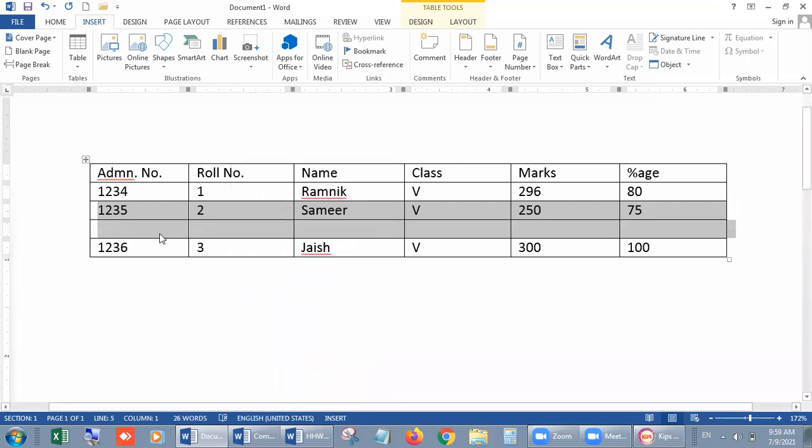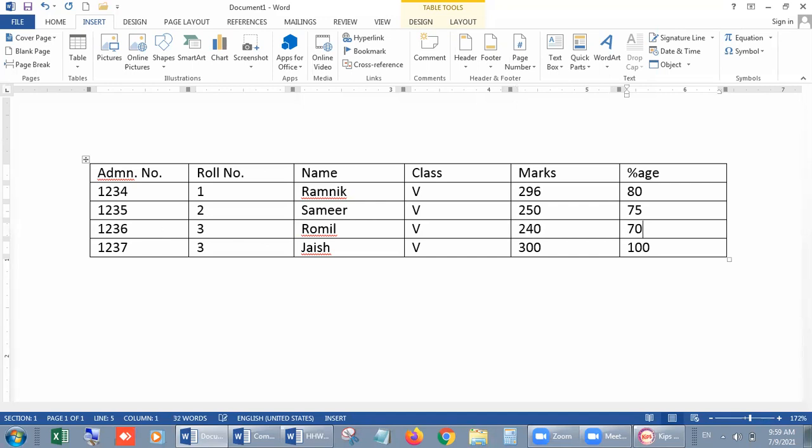Look, students, now we have another line just under it, and we realize that the roll number is 7. Now we can insert the right data. Suppose roll number 3 was Romil, and marks out of 40, suppose 70.